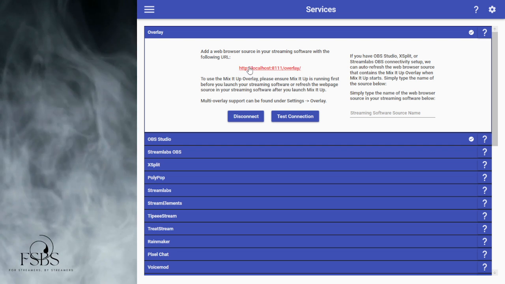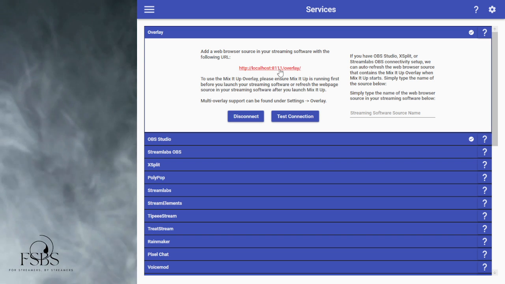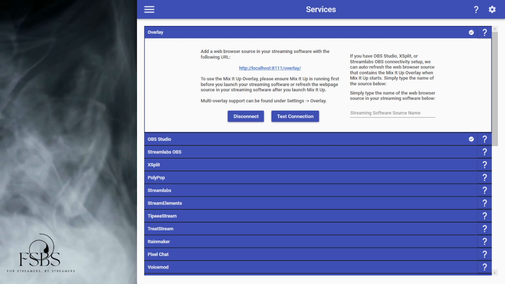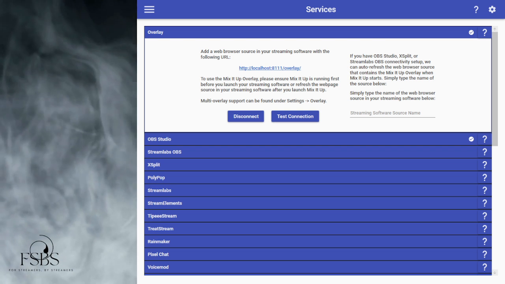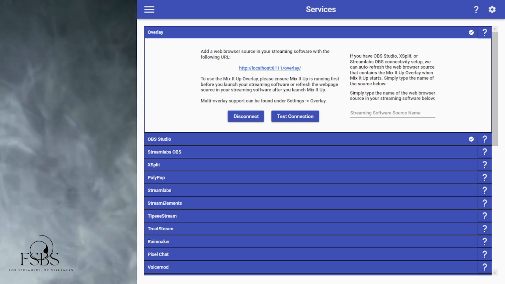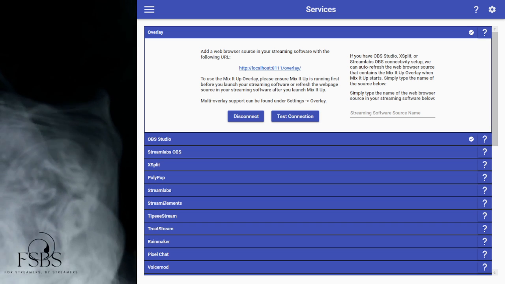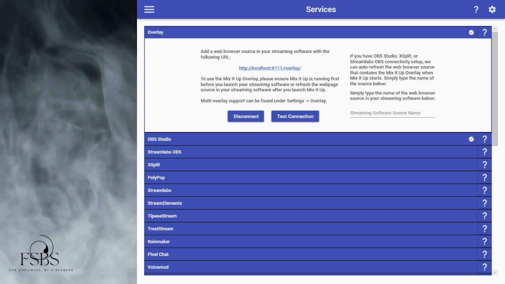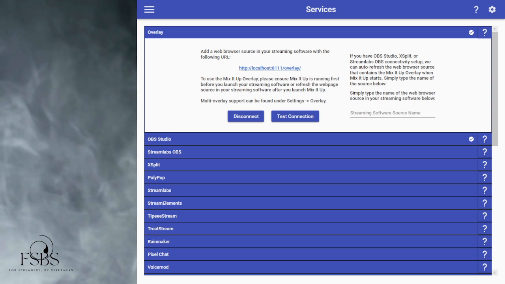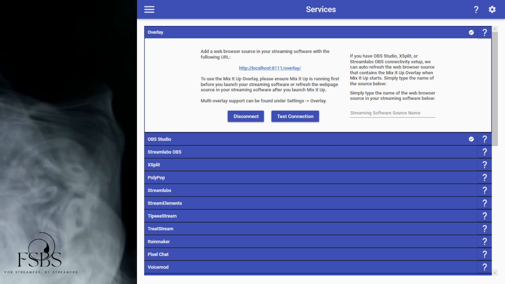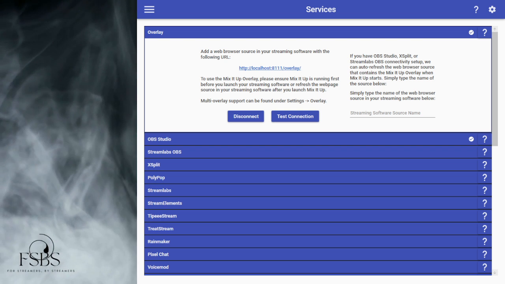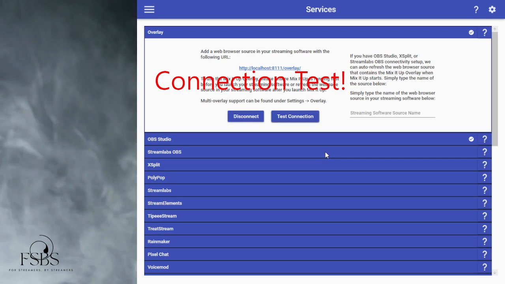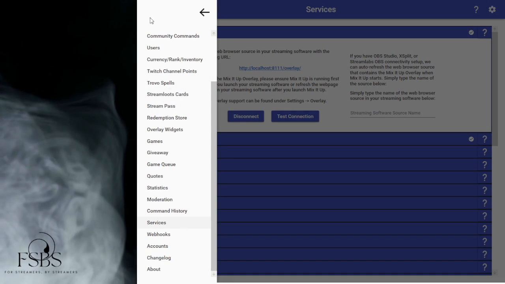I'm going to see if I can copy it. No, I just have to do it this way. So you'll have to click it, put it into your browser, and then in your OBS or Streamlabs, you're going to click the add button, and we're going to add in a browser source. Now, I already have MixItUp in there, so I'm just going to go ahead and add it. Now I've got a little MixItUp box that you guys can't see yet, but what we're going to do is go in here and just say test connection, and it said it was successful. So now,